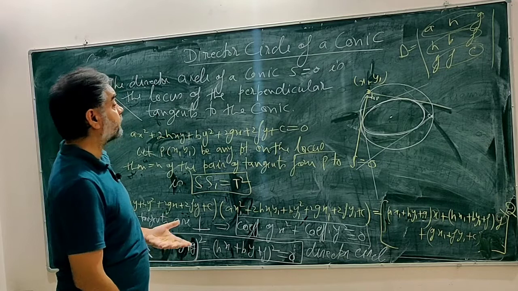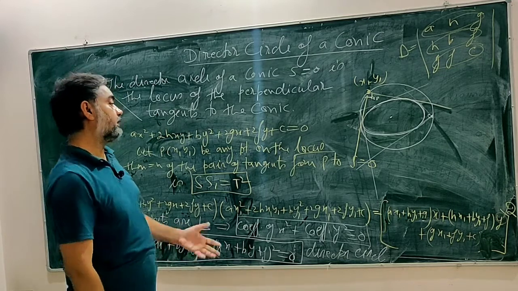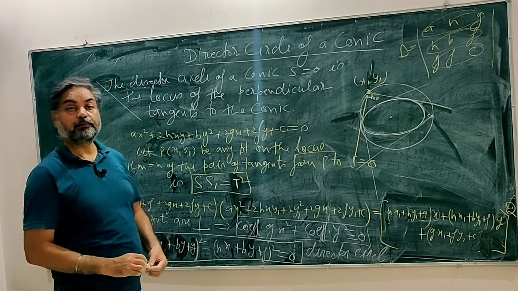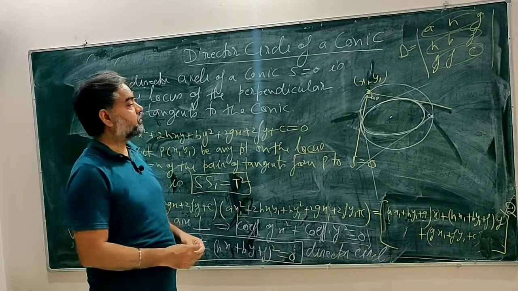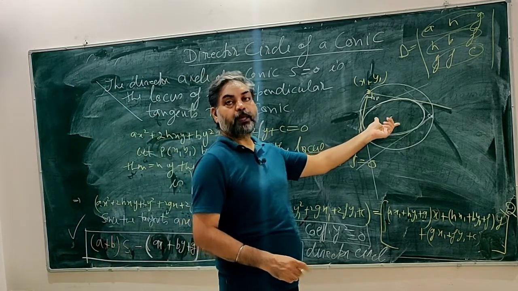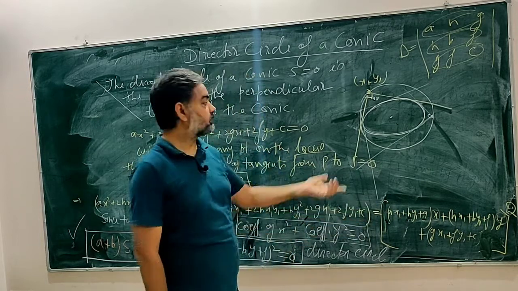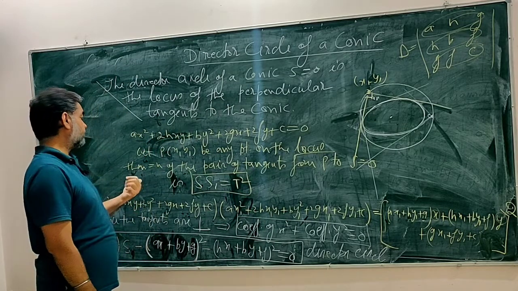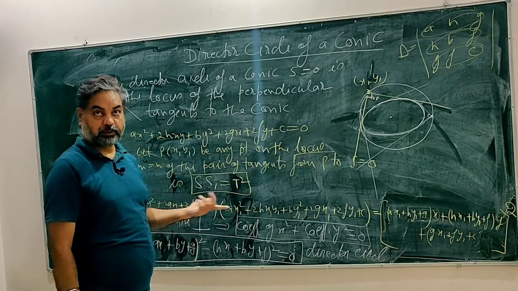So we can also do one example if time permits, or I will leave the exercise for you to be done in the exercises that I will attach with this lecture. So you can practice the exercise. You will be given the equation of a conic, and you will be asked to find its director circle. So what you have to do in that exercise, suppose the equation of the conic is this, alright, then you will say let (x1, y1) be any point on the locus, on the director circle.